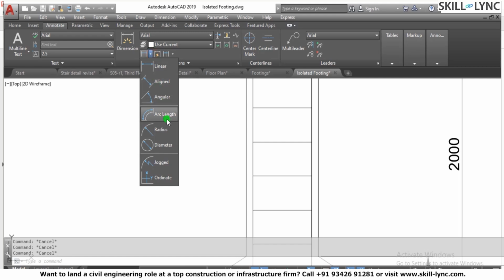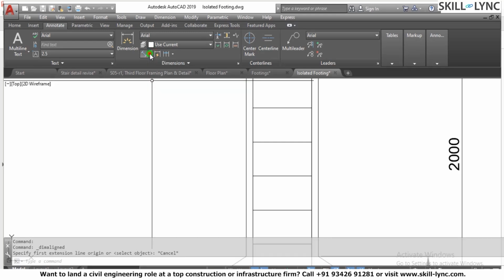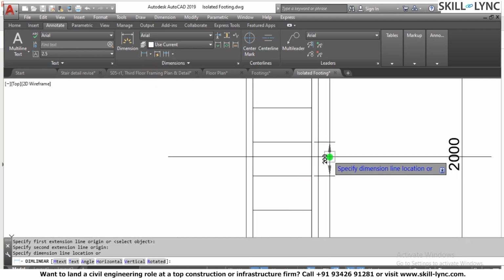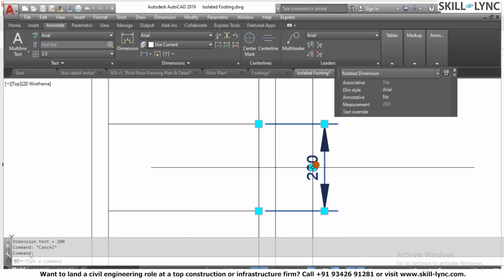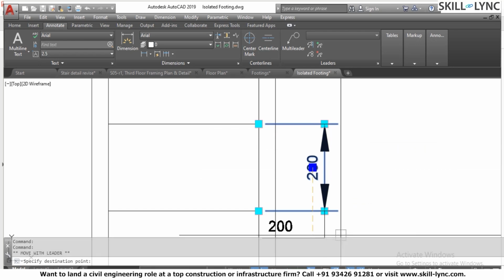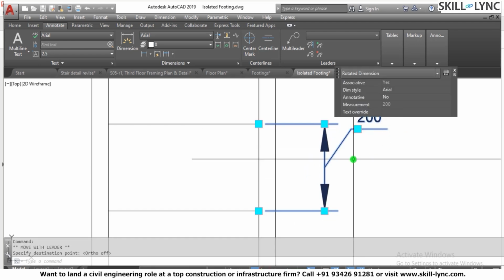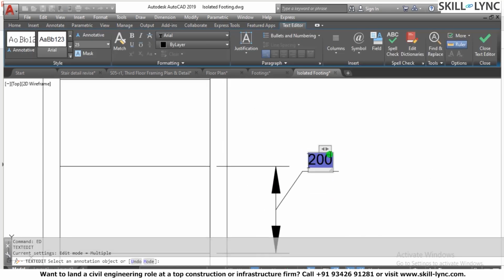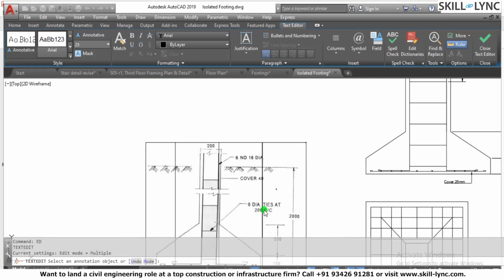And let's say I want to give an align dimension or a linear dimension. I can take here. So if I want to give this, I can move this text, and here just put the cursor over here, move with the leader, so just put the ortho off. So here you can edit the text, and you can see that stirrups at the rate